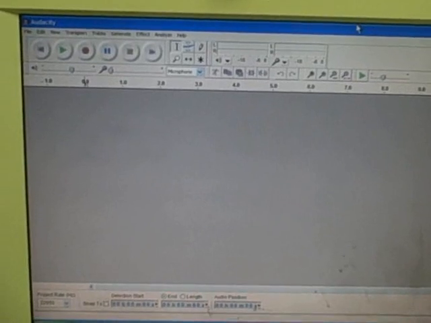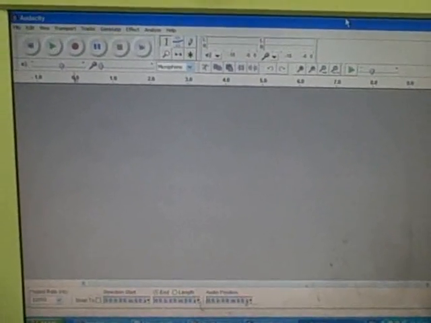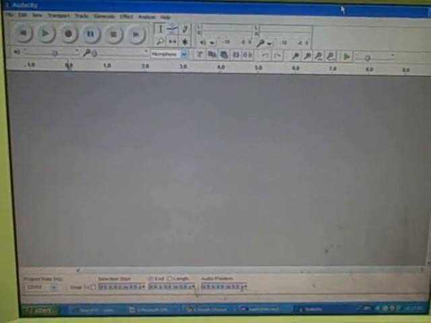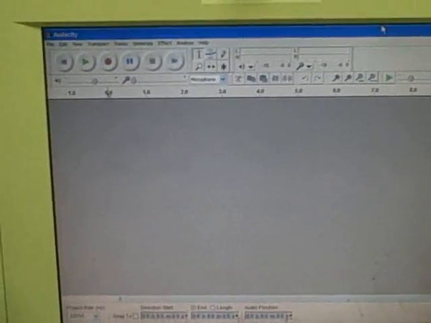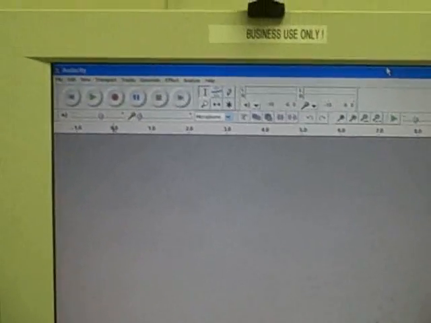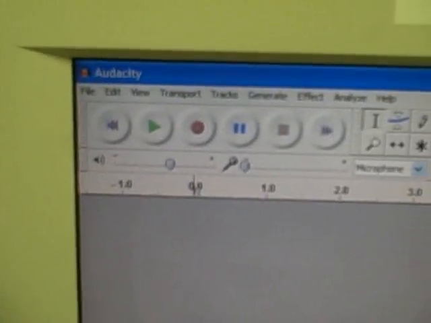Okay, we're going to go through a very quick tutorial of using Audacity, the newest version of Audacity. A couple differences between the older version, so I want to make sure we point them out to you. When you are recording in Audacity, let's say that you've got all kinds of equipment that you have set up and you want to use Audacity to record off your equipment, you'll see here at the top of the screen